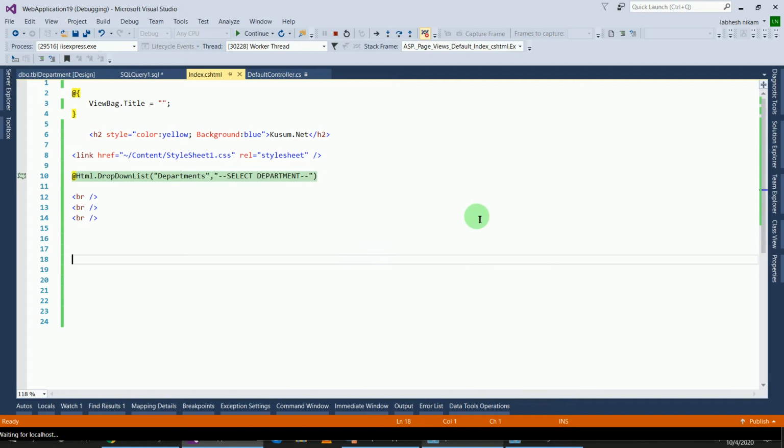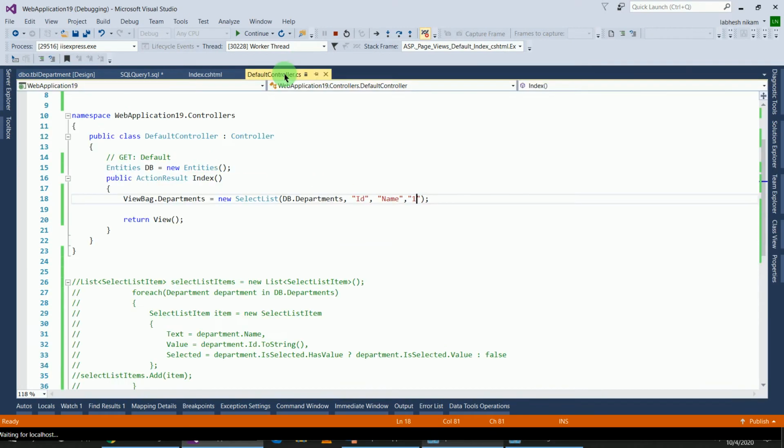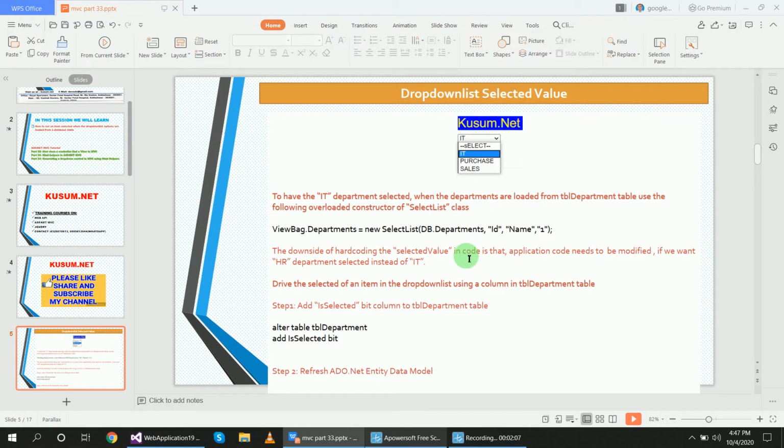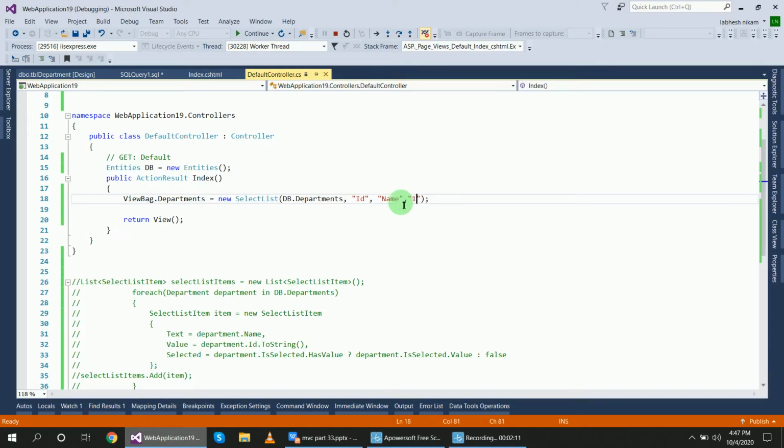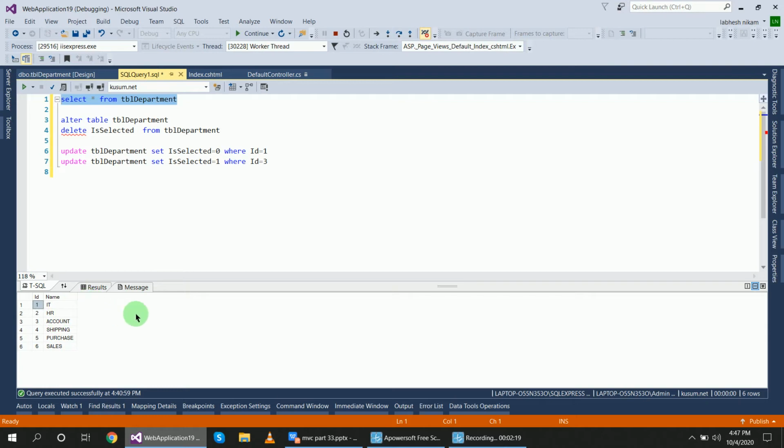Why? Because this default controller has the value 1, but there is no definition for that field in this table. There is only id and name. This value 1 is for the is selected field.